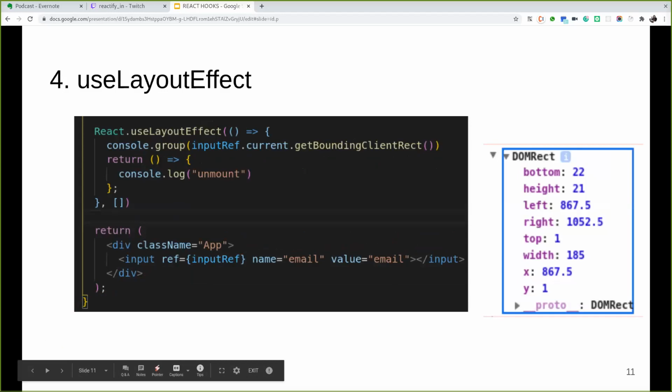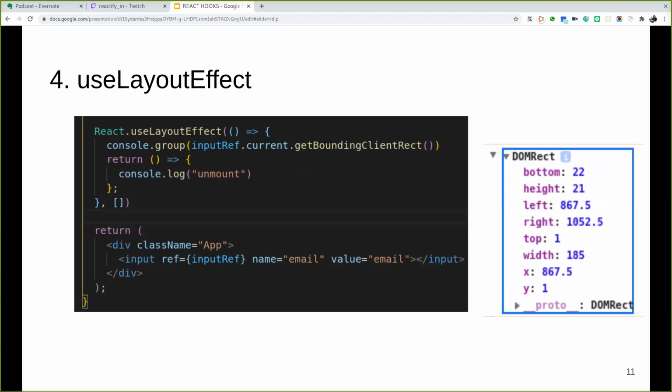So use layout effect is kind of similar to use effect. It changes according to reading or writing events into the DOM. So this runs synchronously immediately after React has performed any DOM mutation. And this can be useful if you need to make DOM measurements, or like here, I am trying to get bounding client rect values